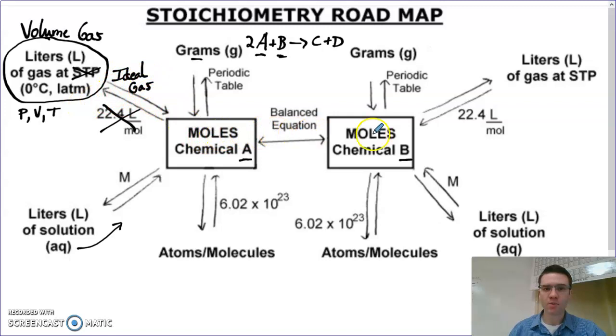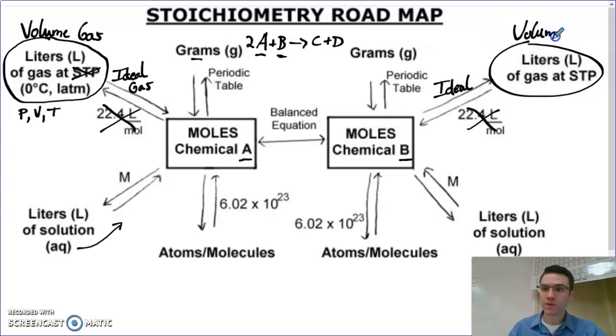And then we could do a mole-to-mole ratio just like we normally do in stoichiometry. And this connection allows us to do stoichiometry with gases. So you could start with a gas that gets consumed, or you could end with a gas on this side, and we could use the ideal gas law to determine what volume of gas might be produced at a given pressure, temperature,